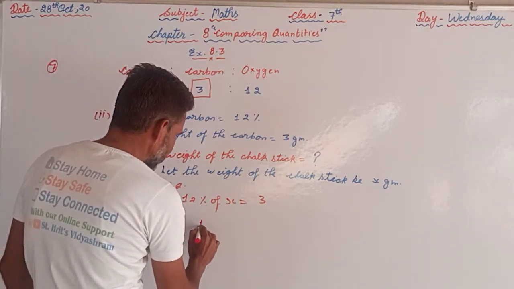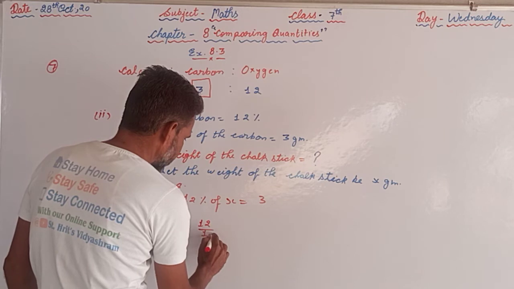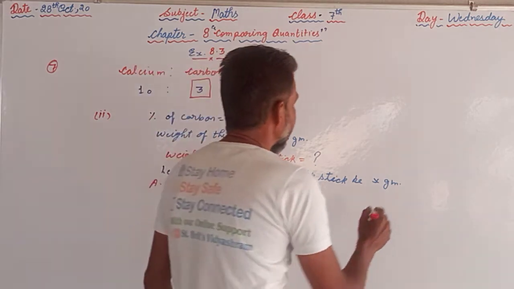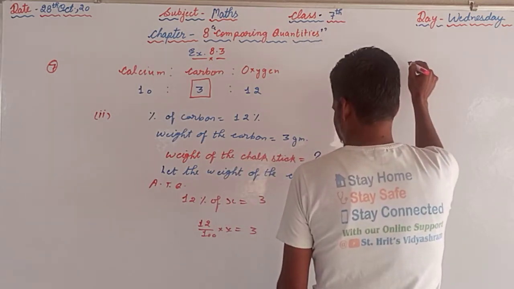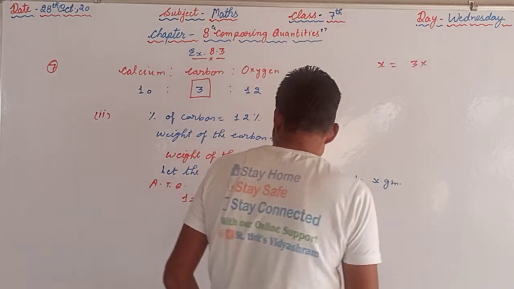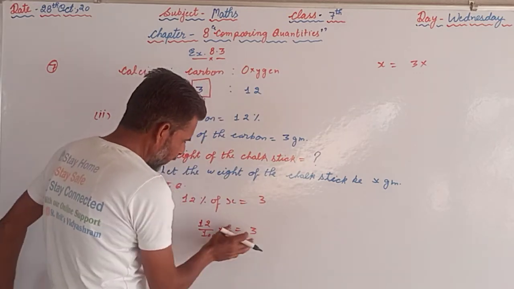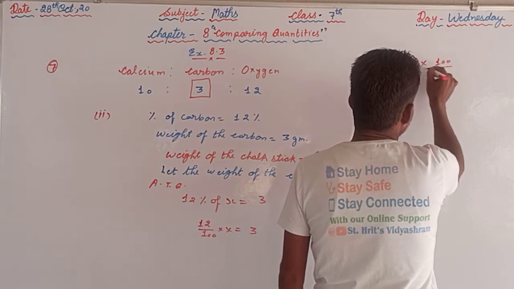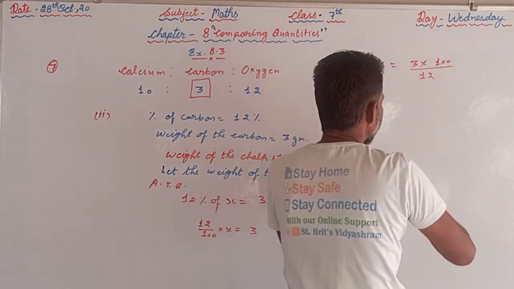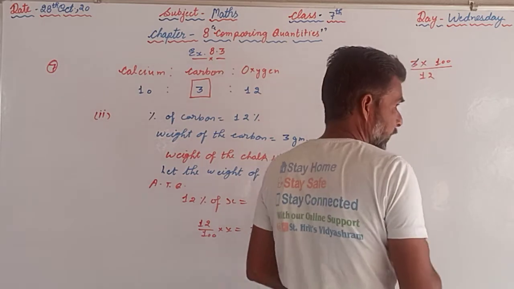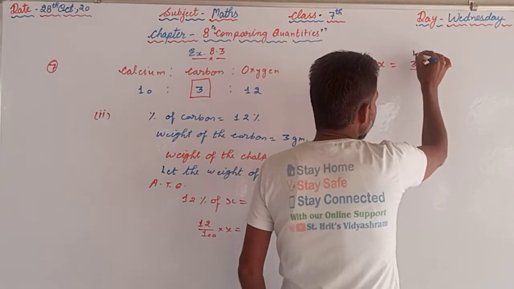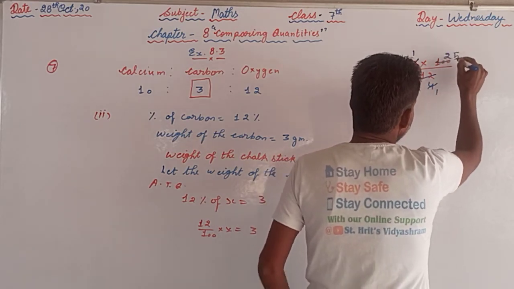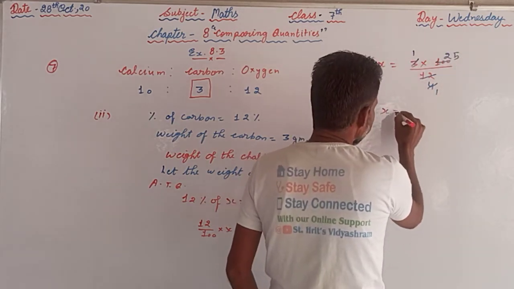So, 12% means 12 upon 100 into x is equal to 3. From here we can calculate that x is equal to 3 into, now 100 will go upside and 12 will come downside. From here we calculate 3 times 1 is 3, 3 times 4 is 12, and 4 times 1 is 4, 4 times 25 is 100. From here we got that x is equal to 25